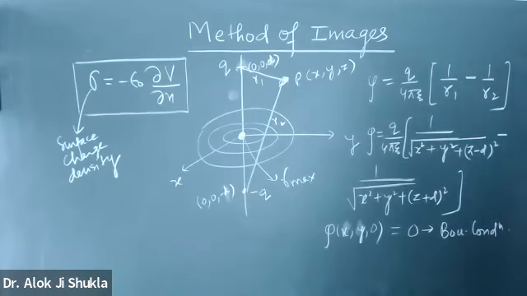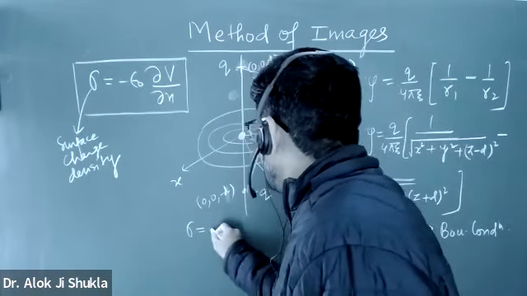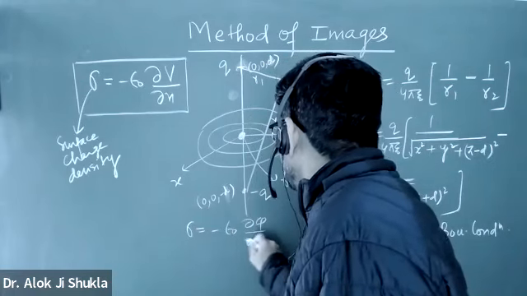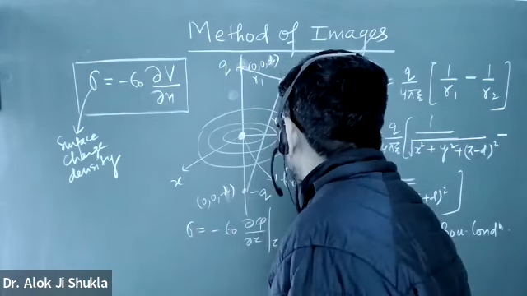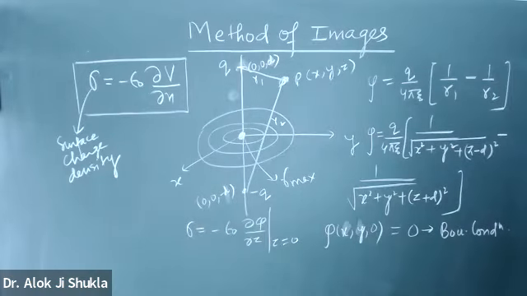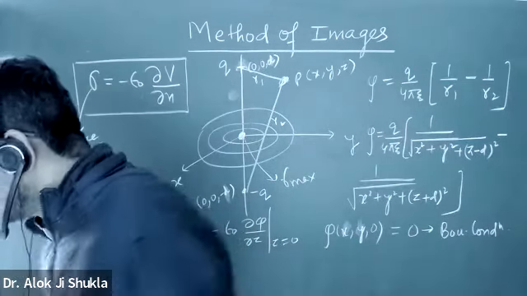So please see that if you calculate sigma is equal to minus epsilon naught del phi by del Z at Z equal to 0, because on the surface Z will be equal to 0, correct? So you will get the formula for charge density, and that will be